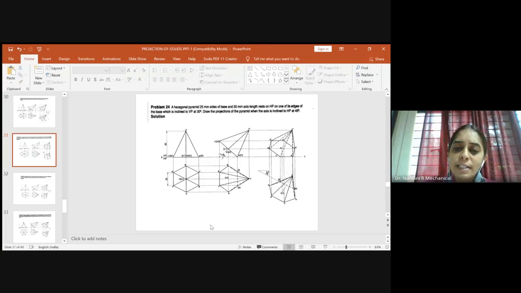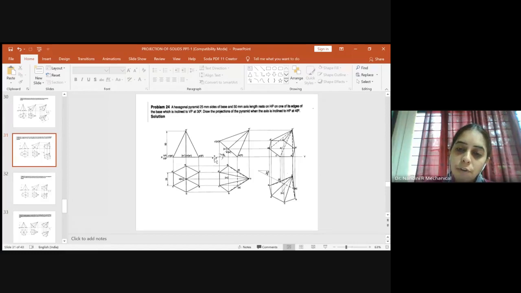So you know that in stage 2, we always take the inclination to HP first, right? So now go for the data related to the inclination to HP. Here it is given, the axis is inclined to HP at 45 degrees. So what you do now is, first you leave some space and draw an axis line. Don't show the center line here. Again, a longer continuous edge only we are projecting. So it is a continuous thick line. So you will take 45 degrees to HP.